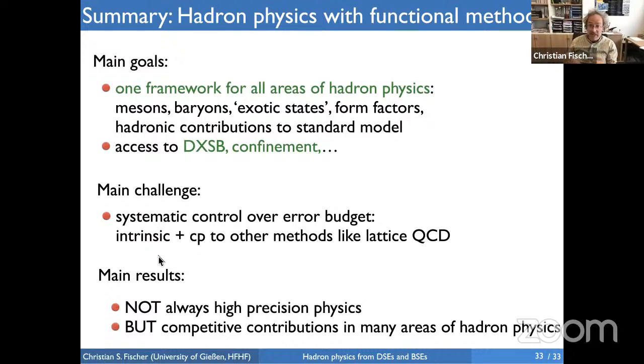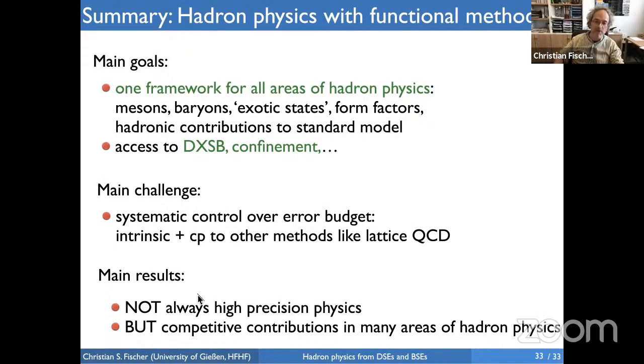You hope, and we actually see by comparing with experimental spectra, that our structure is now rich enough to cover probably most of the physics. But this needs to be verified, and it is very hard to verify this on a quantitative level. You will hardly be in a position where you say, this is a calculation where I definitely know that my error is only 5%. But for many, many things, this is perfectly fine. It's not always high precision physics, but the framework makes competitive contributions in many areas of hadron physics in terms of structure, in terms of understanding what we're seeing. And I think this is the main strength of this framework.